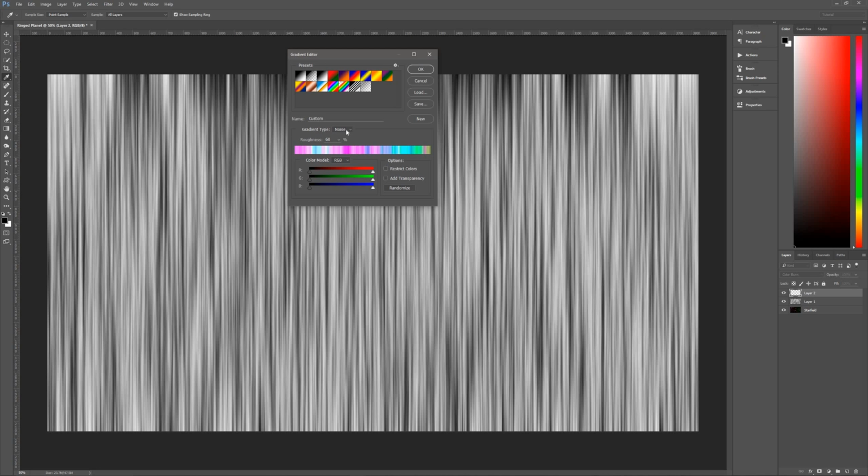And we're going to make sure that our gradient type is noise. Normally it's on solid so that you can create your own gradient, but what we want is noise so that it's very random looking. We want our roughness here to be at 40%. RGB color mode, restrict colors and add transparency are both unchecked, and then you just want to hit randomize until